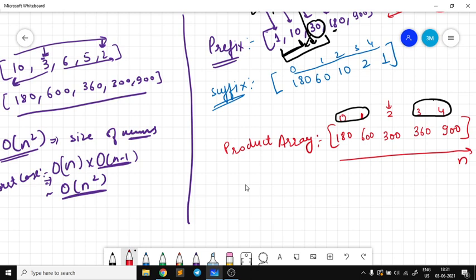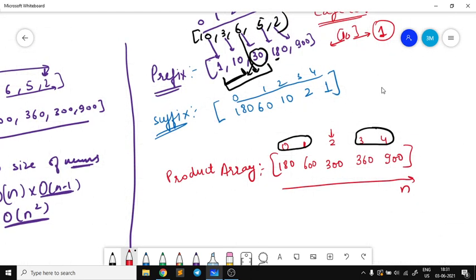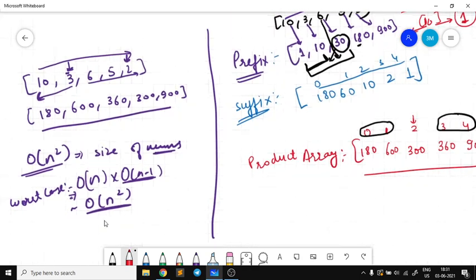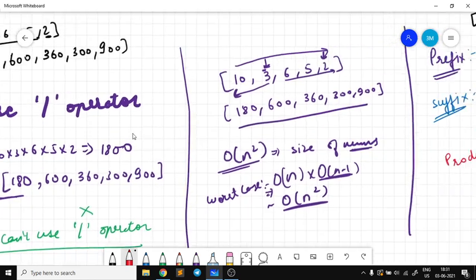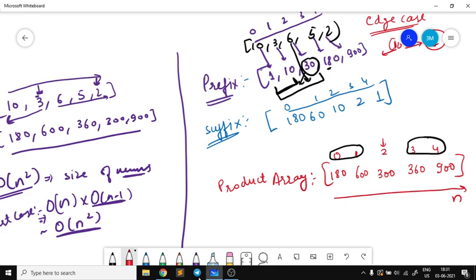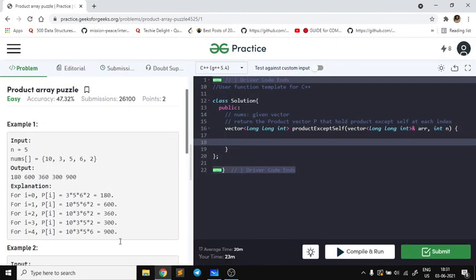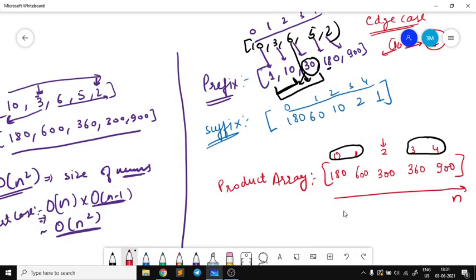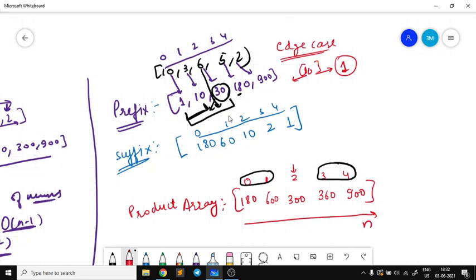Okay, so for the second index, I guess the answer was right. We are getting 300 here. Okay, I think I created this array wrong. Let us have a look at it again.